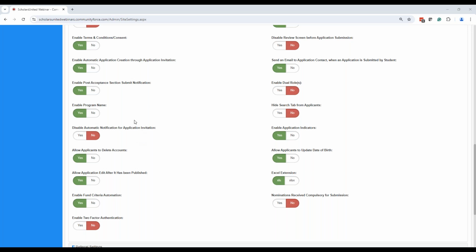If they don't get that email and they don't click that link, they won't have access because it's a specific link designed to that invitation process. They click the link and then they apply. If you want them to not have to click the link and apply, you want the application to automatically start for them, then you can enable this. They get the invite as soon as you notify them